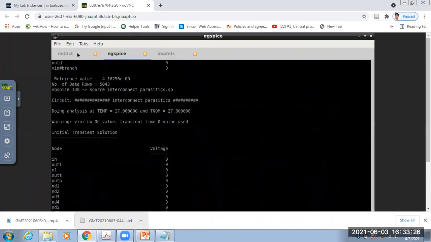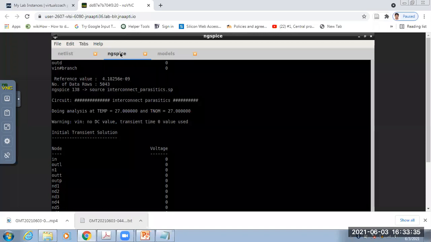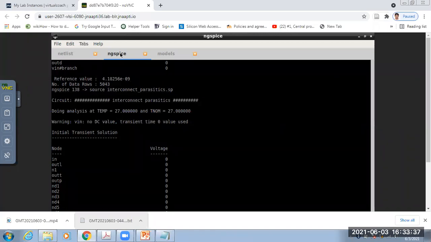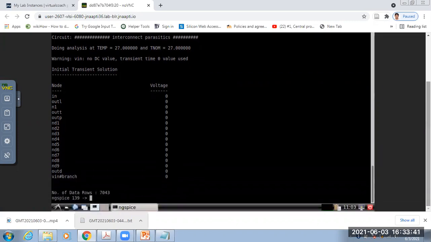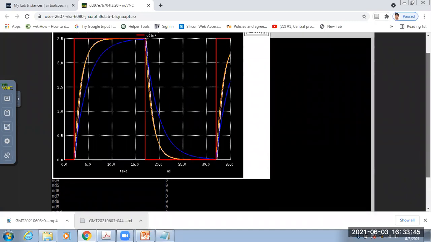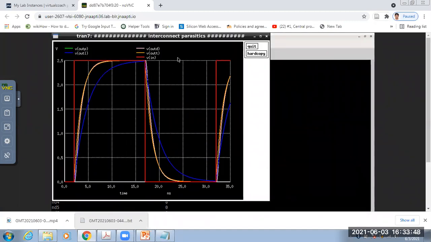Sir, here the graph of the pi model, sir, the pi model graph. You are not getting the graph. Sir, there is no green part. See, there are V out P, that is the pi model, the green one.